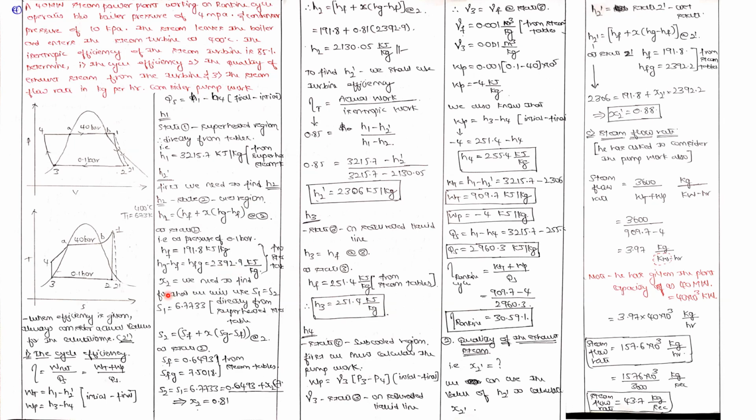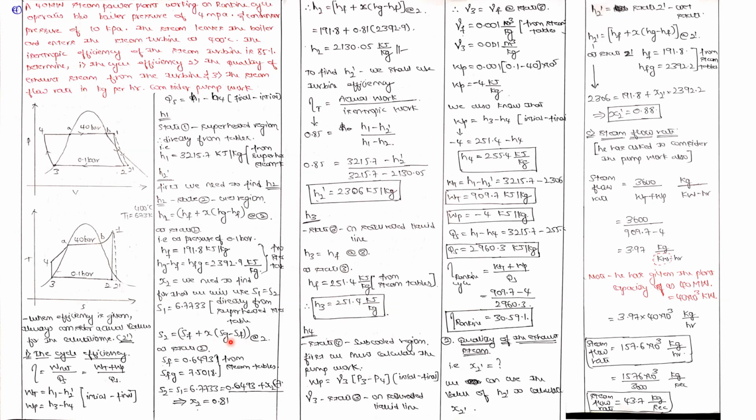Again, follow the same procedure, use the isentropic relations. So S1 is equal to S2, right? S1 can be found directly from the superheated steam table, that is 6.773. That would be equal to S2 naturally, because S1 is equal to S2. And now S2 is in the wet region, so it is again given by SF plus X into SG minus SF, and SF and SFG can be found at the pressure of 0.1 bar.